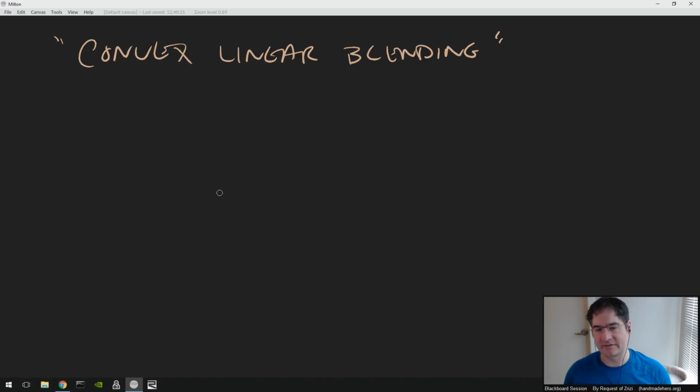Now, what I mean by convex linear blending is I mean to say that rather than thinking about a t value that ranges from 0 to 1, and that gives us a way of moving between two points, A and B, I'd like to talk about the concept that for any collection of things, we can create an equation that always gives us something that will result in an answer, a blend, that is inside the set of inputs we give it, right? So if you think about that original linear blend, 1 minus t times a plus t